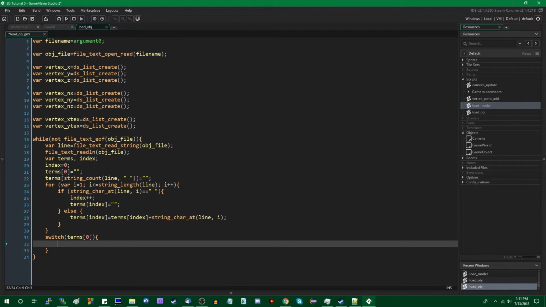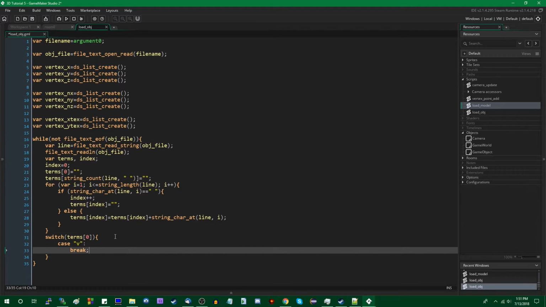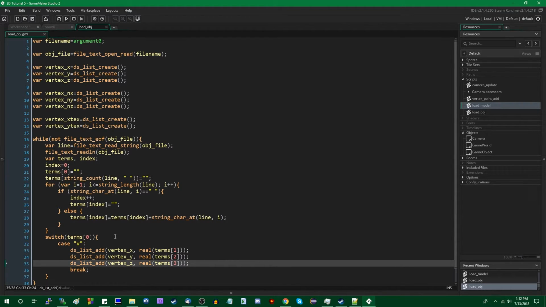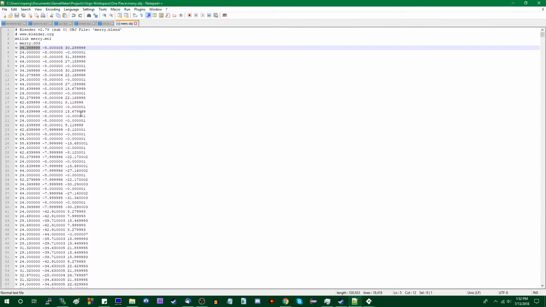And I look at my notes on the other screen here. Depending on what the first term is, the first word in the line, the first collection of characters, you'll do a few different things. If it's a V, you will say ds_list_add vertex x, real terms of 1, and you'll do the same thing for terms of 2 and terms of 3 for vertex y and vertex z,